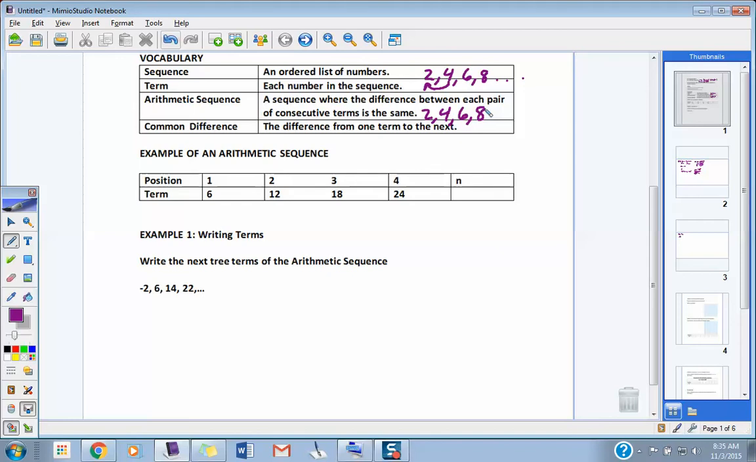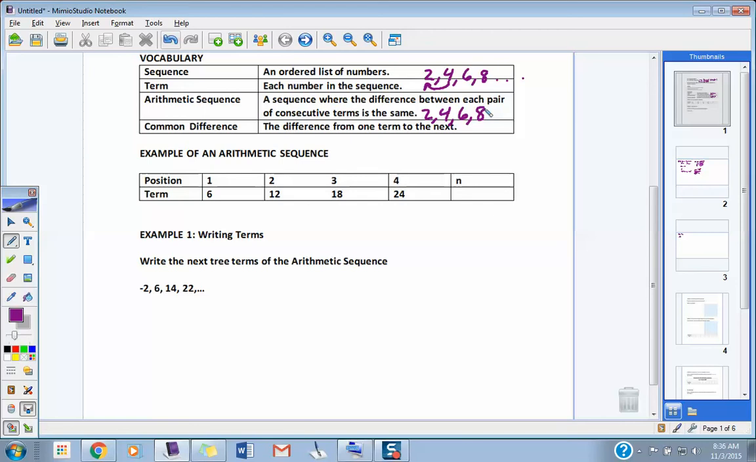Every time you make a jump from one term to the next term, it always goes up by the same amount. That's what that common difference means, okay? And that common difference in this example right here would be that value from one pair to the next pair. So again, up 2, up 2, up 2. So the common difference basically is saying,